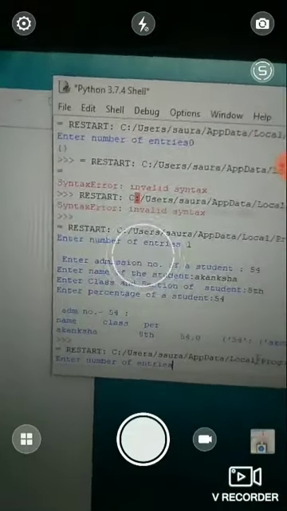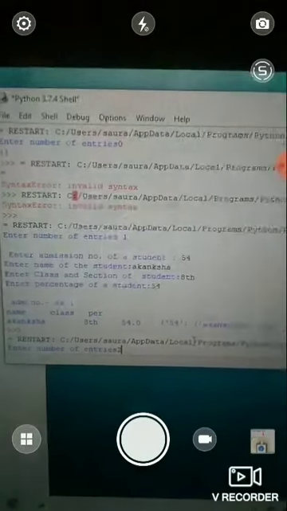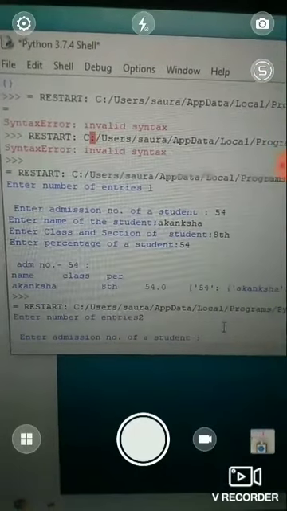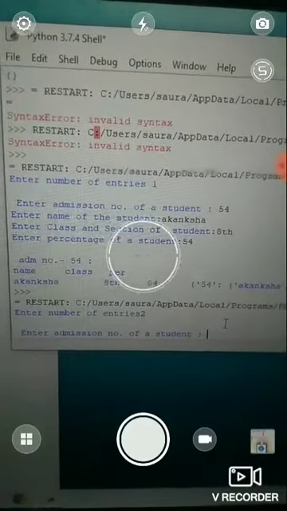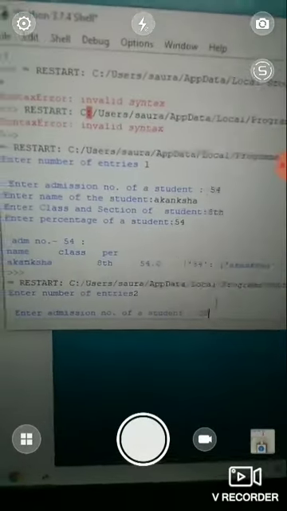So we enter 2 entries. Then after we press enter, it asks for the admission number of a student. Let's see an example, 1 2 3.